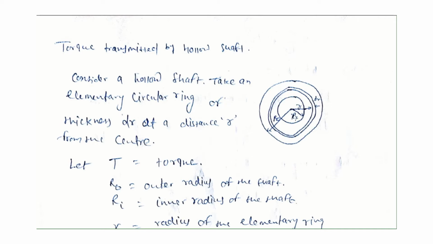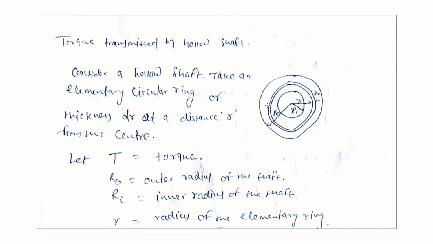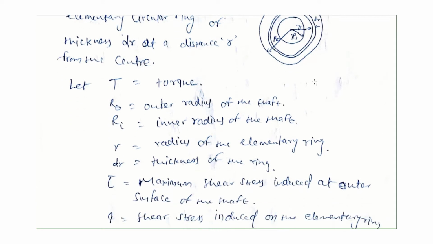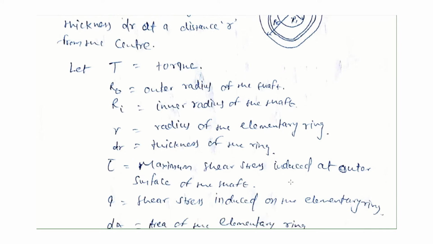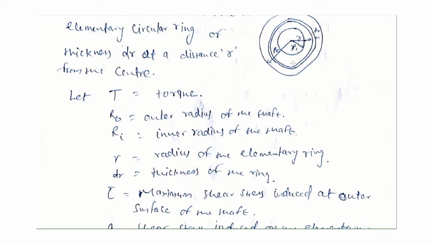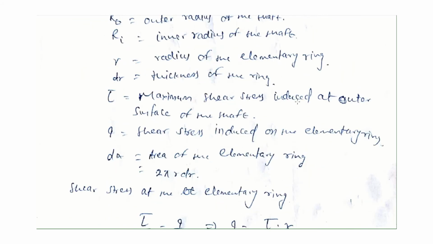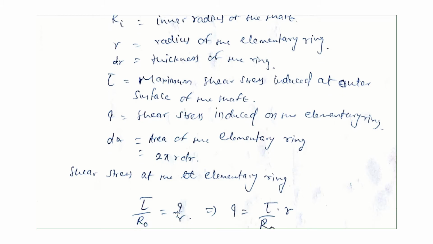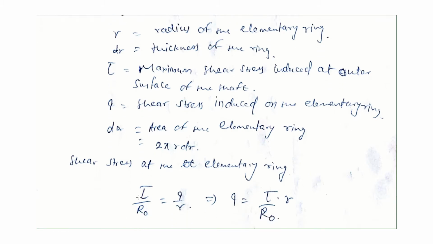internal radius r, outer radius ro, and we consider an element ring of thickness dr, and T is the torque transmitted by the shaft, and tau is the maximum shear stress induced at the outer surface of the shaft, and small q is the shear stress induced at the elementary ring. Now from the torsion equation we saw in the previous lecture, tau by r